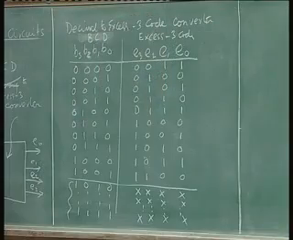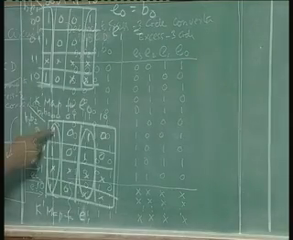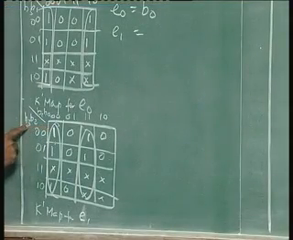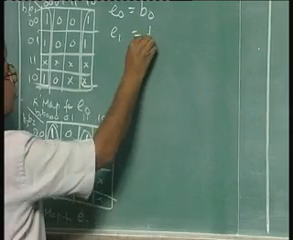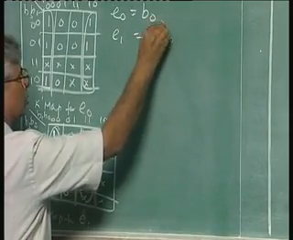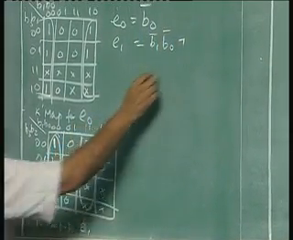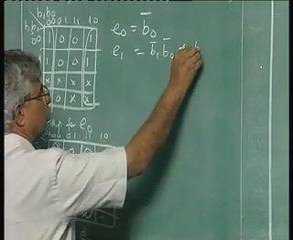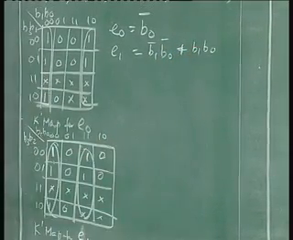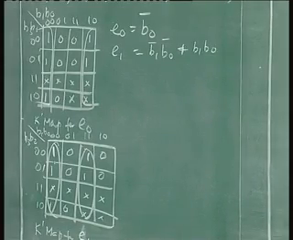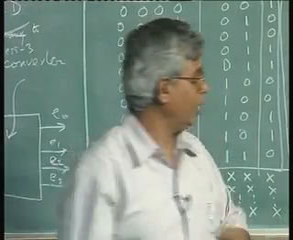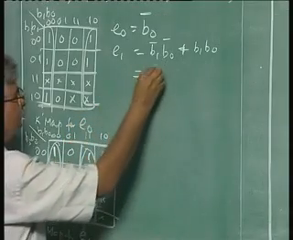Okay, what is that now? E1 would be B3, B1 B0 bar, B1 bar B0 bar, or B1 B2, B1 B0. I do not know if you remember this. What was that? As a gate, we wrote a XNOR. It is also called